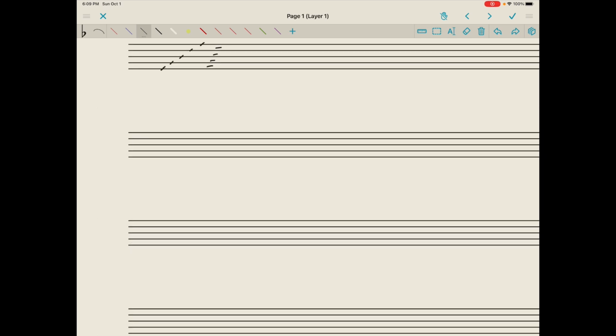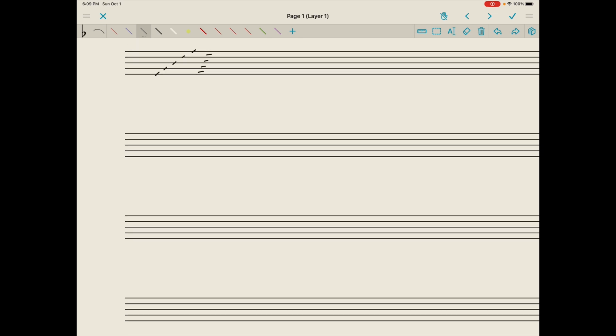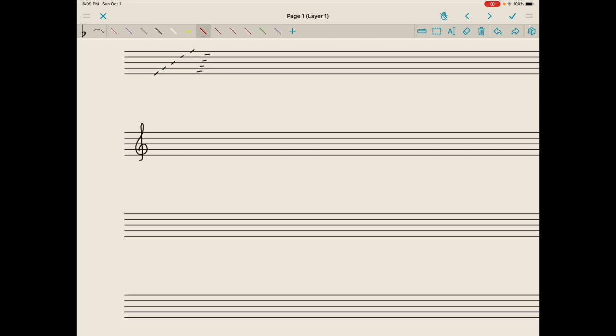Or G clef, this is used for the right hand of the piano, female voices, and higher instruments. And we would start on line 2, bump up to line 3, down to line 1, up and around, back down again. It's called a G clef because all of this curly Q action here around line 2 helps us remember that line 2 is an important spot. And if we were to put a note there, it would be a G. And from there, we're going to learn soon how to figure out all the other pitches or letter names on the staff and above and below it.